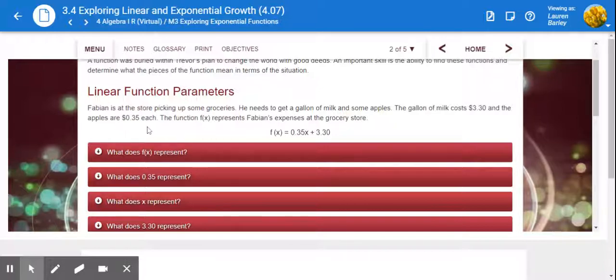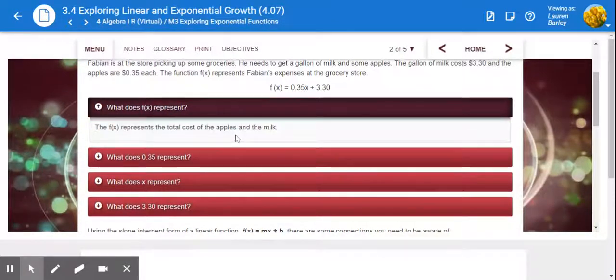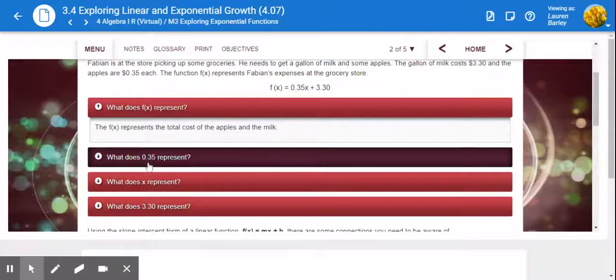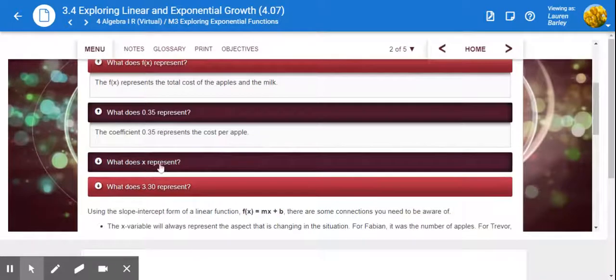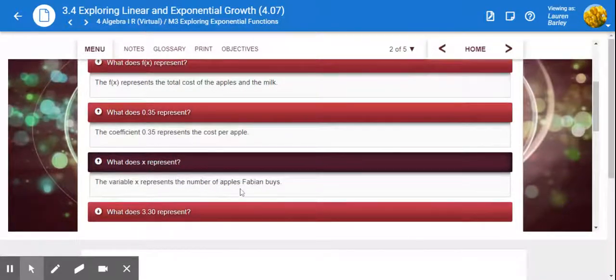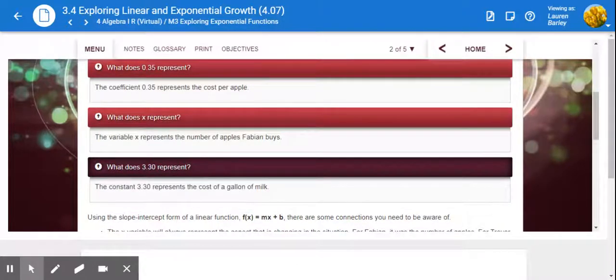Okay, so let's talk about what all these pieces mean. F of x represents the total cost of the apples and the milk. Okay, that's what our equation is equal to, f of x. What does 0.35 represent? Well, that represents the cost per apple. Each apple, right, 35 cents each for the apples. The x represents the number of apples that Fabian buys, and the 3.30 represents the cost of a gallon of